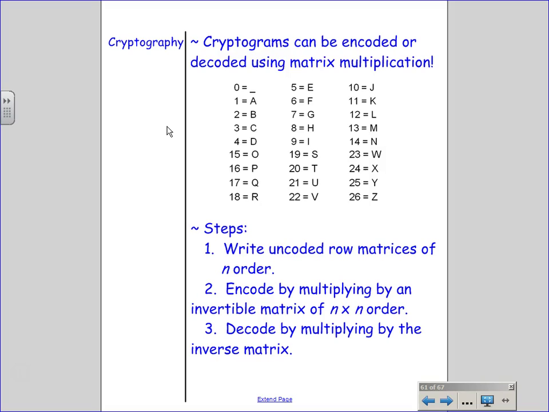Encoding messages with numbers has been around for a long time. However, if I was to give you a piece of paper that said 8,